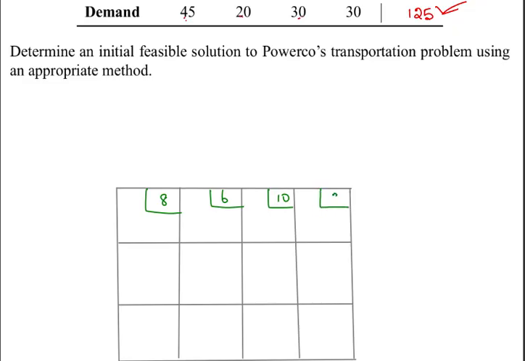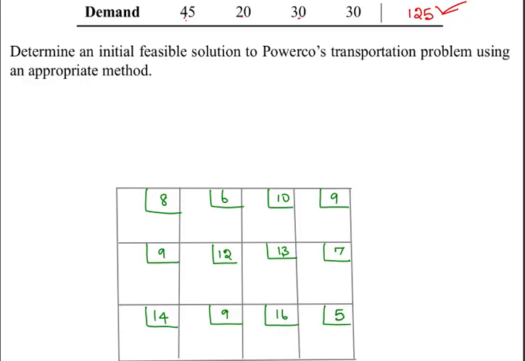Plant 1 to city 4 is 9 rupees per unit. Then here you will get 12, here 13, here 7, here 14, here 9, here 16,